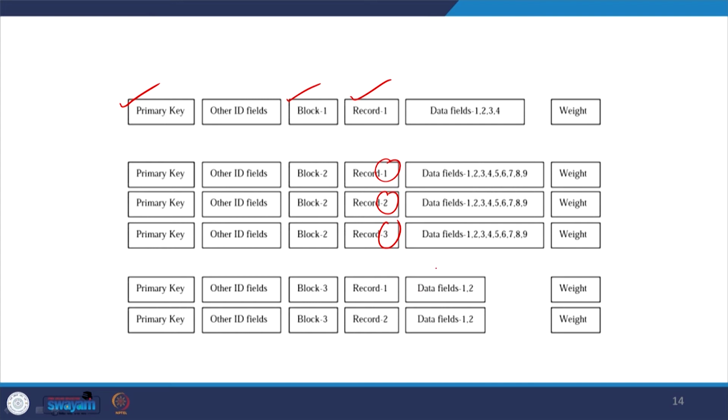In addition to that, there are certain data fields, and the data may differ: in the first record you have only 4 pieces of information, in the second there may be more, in the third even more. Usually in the latest round of NSS, the second, third and fourth visits are called repeated, because the urban household is the common one, and the same information has been collected. The last information is added with the weight of the particular unit, and weight is given to make the data more representative.